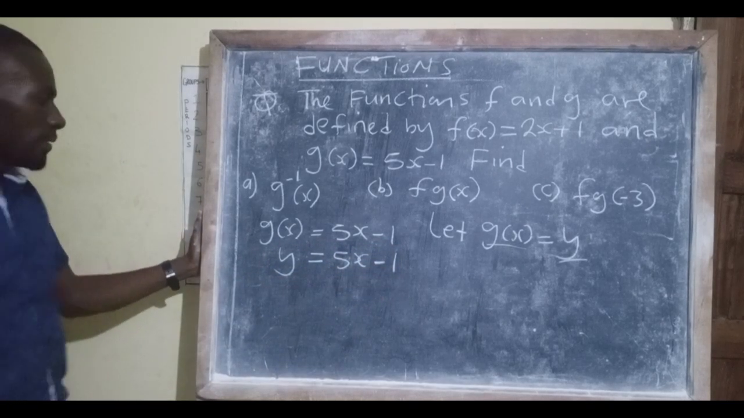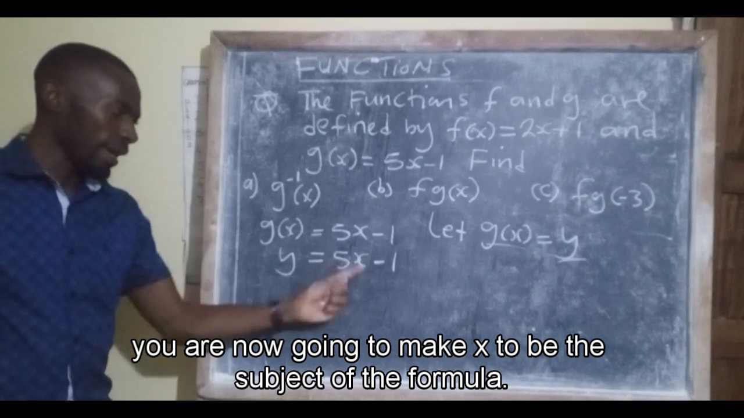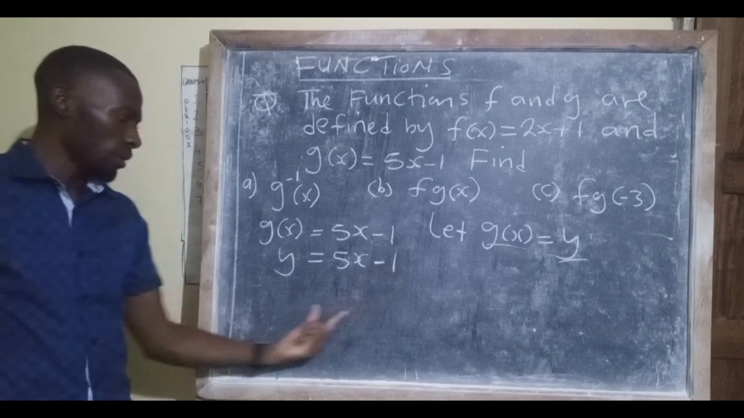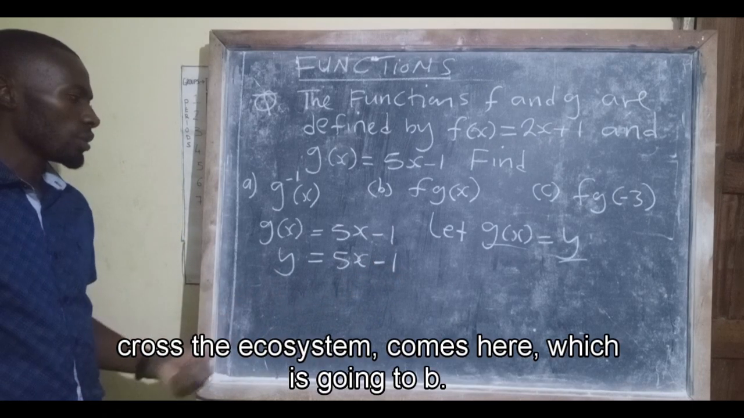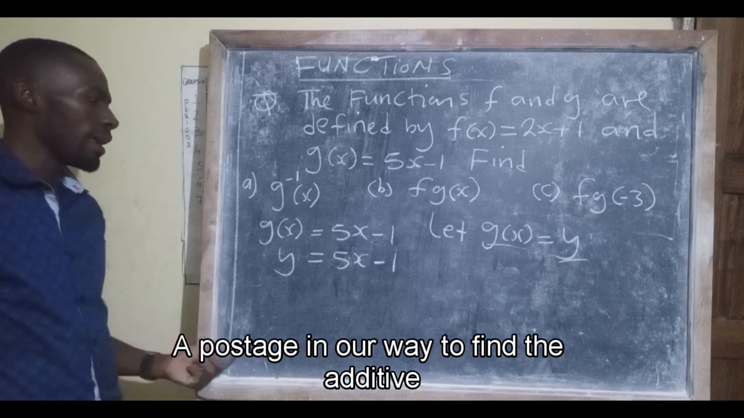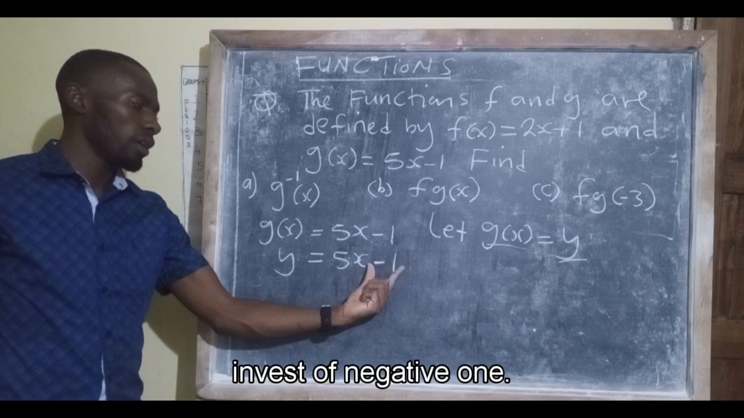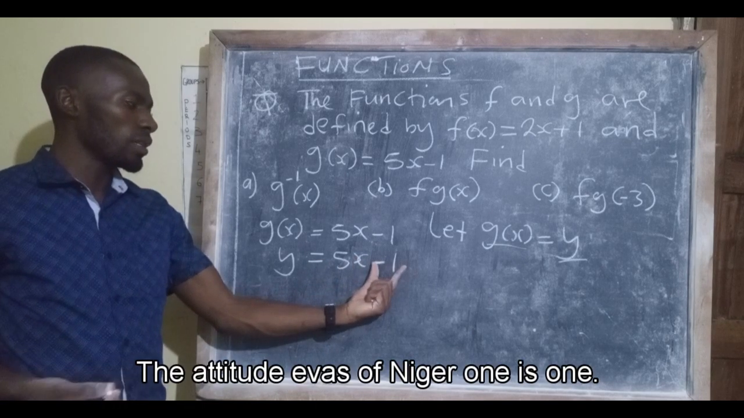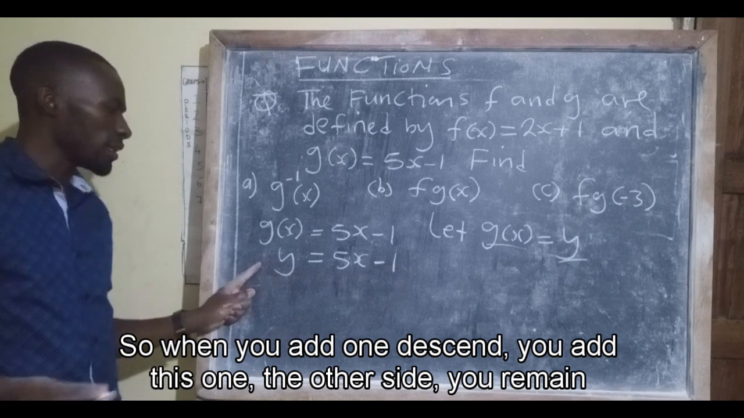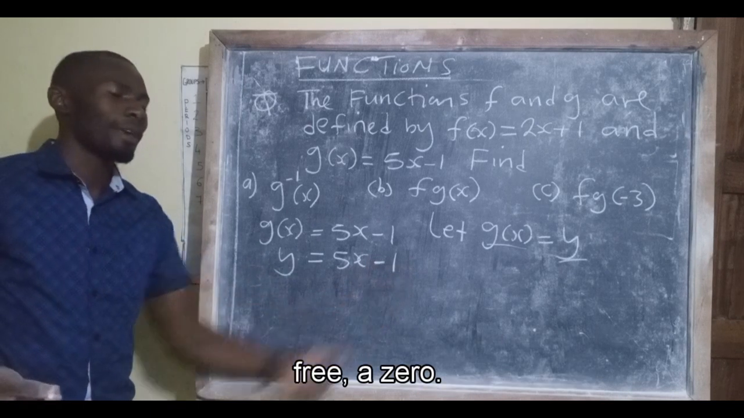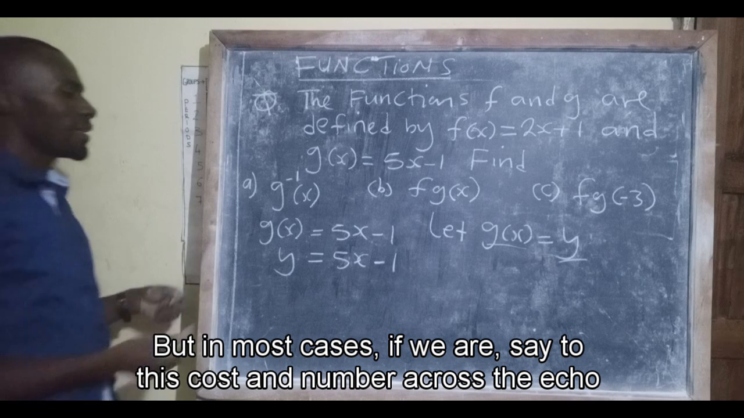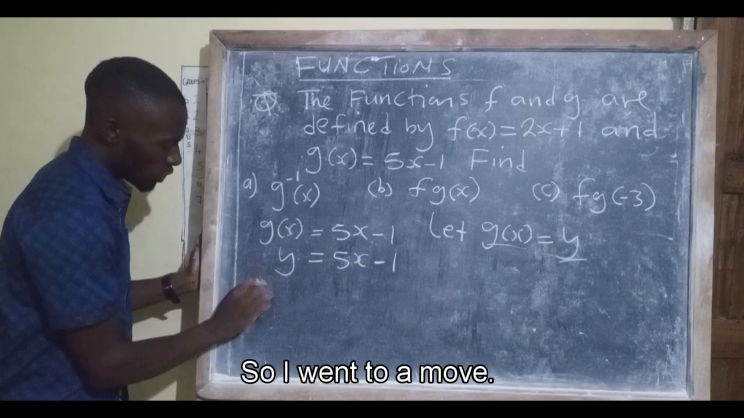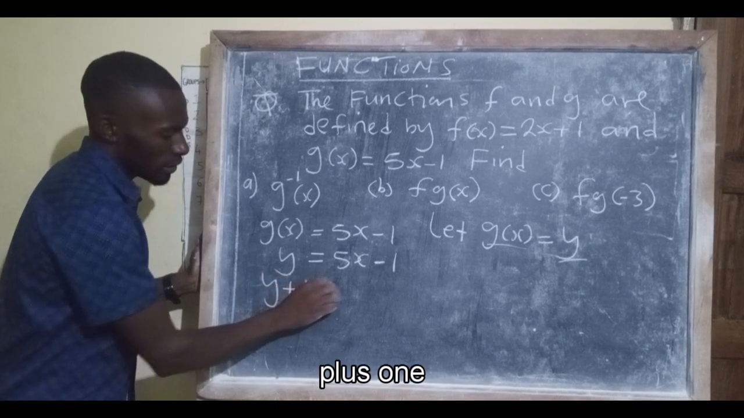Then after that, you are now going to make x the subject of the formula. So you let this -1 cross the equal sign and it comes here, which is going to be a positive. In other words, you find the additive inverse of -1, which is 1, and you add it to both sides. When you add 1 this side, you add the 1 the other side, you remain with a 0. But in most cases, we just say, let this constant number cross the equal sign so that it becomes a positive. So I'm going to have y plus 1 is equal to